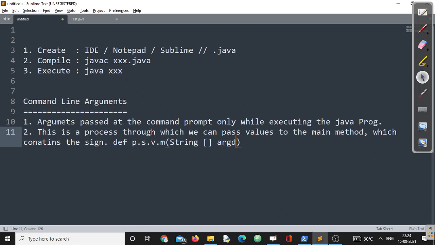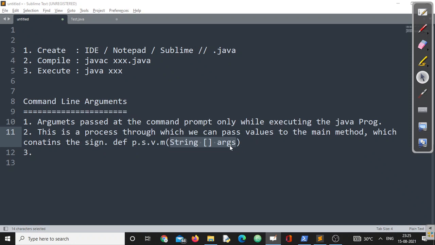If your main method has this kind of signature, all the command line arguments will be passed to this method. Only the main method with this signature can access all the command line parameters. Make a note. Otherwise, no other method in Java can handle or access command line arguments. Only the main method with a specific signature can access them, right?